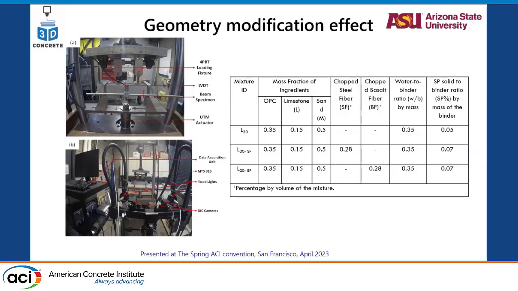by limestone, and a 50% by mass of sand and binder. So this is a typical mix that we use at ASU. What we did on this was we tried two different fiber types, a steel fiber and a basalt fiber. So for the steel fiber, I should have put a figure, I forgot to put that one. The steel fibers we used were 0.2 mm diameter and 15 mm length,